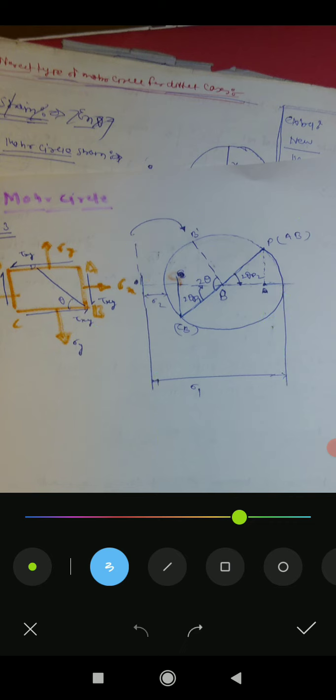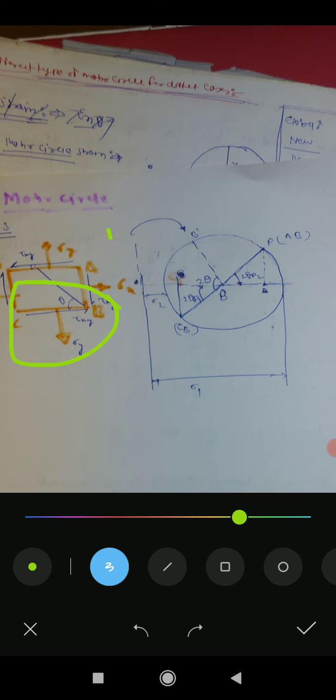Next, what we have to do for this plane? First sigma y, how much is this from here to here? This is sigma y. And then there is a stress in anti-clockwise direction. For this Mohr circle I told you that if it is clockwise then we will take positive, and if it is anti-clockwise then we will take negative. For this Mohr circle only. In the analytical method the sign conventions are different, and for this graphical method the sign conventions are different. So don't be confused in that.